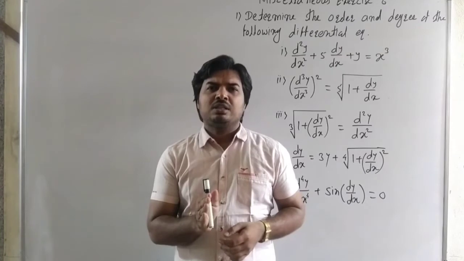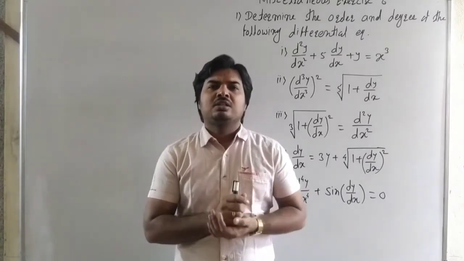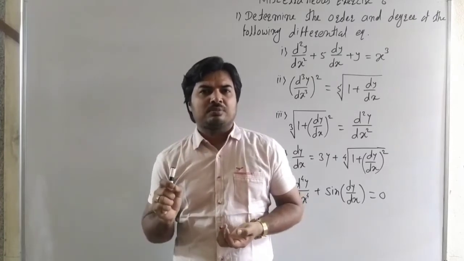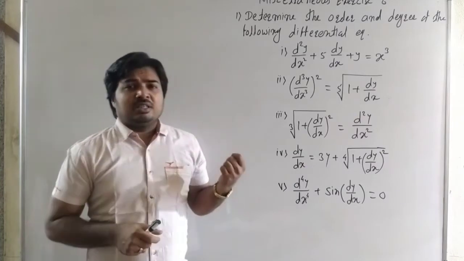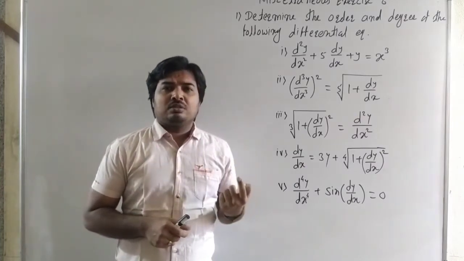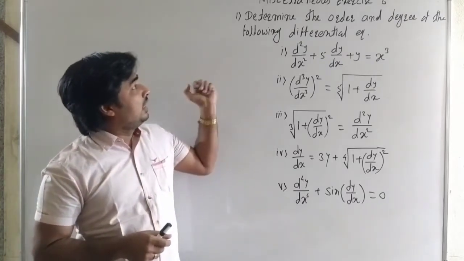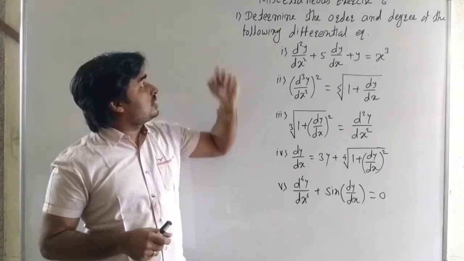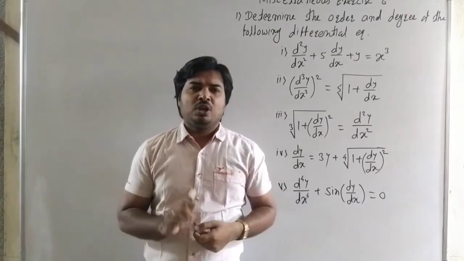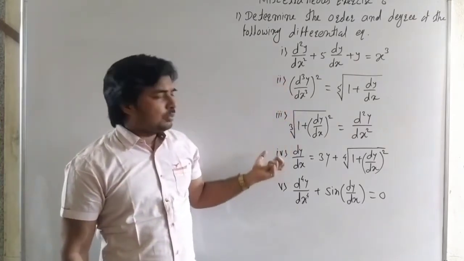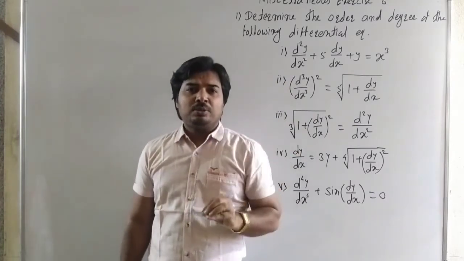In this miscellaneous exercise we see examples which we have already seen, of such types. In the miscellaneous exercise, the first question is an MCQ type question. Okay, we go directly to the second question. In the second question, the first example, we determine the degree and order of the differential equation. We know, and we have already done such types of examples. Here the order and degree of the differential equation.